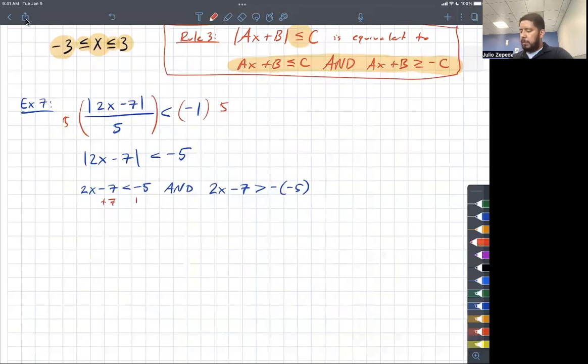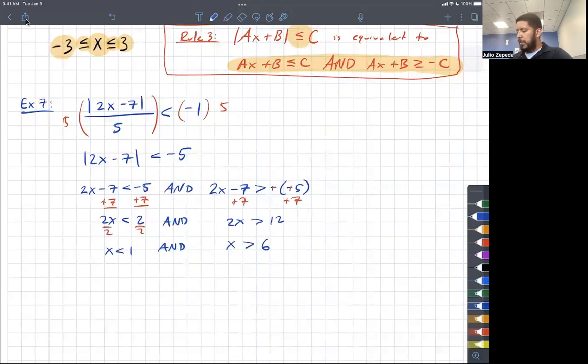Okay, so now we solve this inequality. We can add 7 to both sides. We get 2x is less than 2. Dividing by 2 on both sides, we get x is less than 1. Now remember, we have this and here. So we can add 7 to both sides. Remember that this is a +5 really, so we'll get 2x is greater than 12. And then dividing by 2, x is greater than 6. And so,